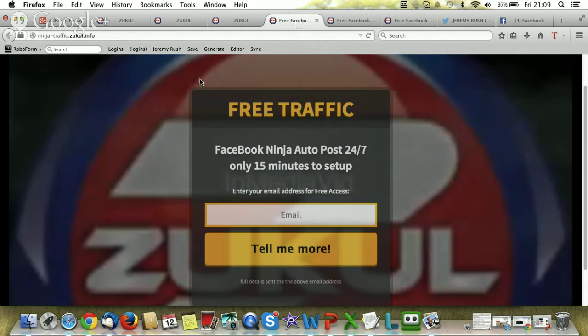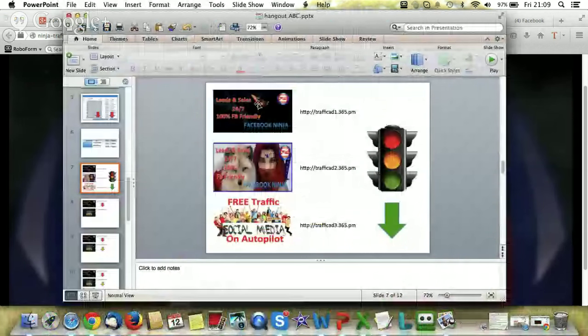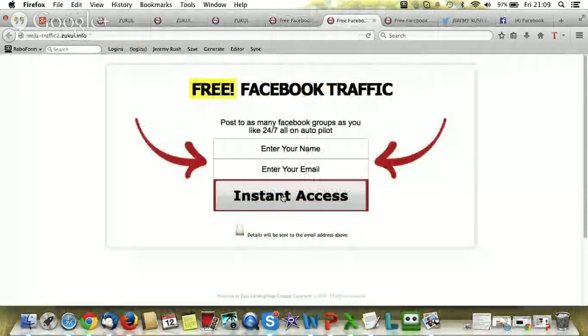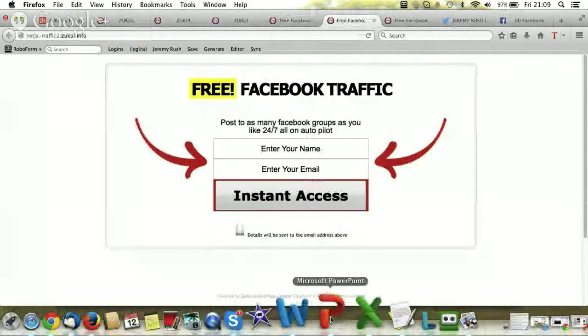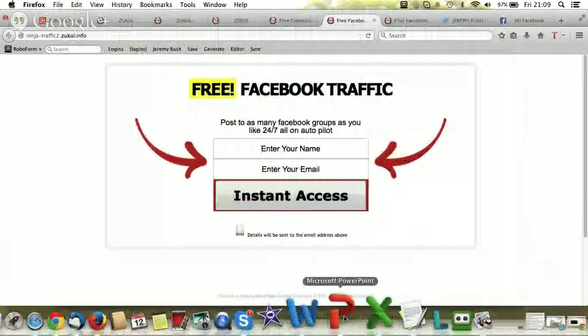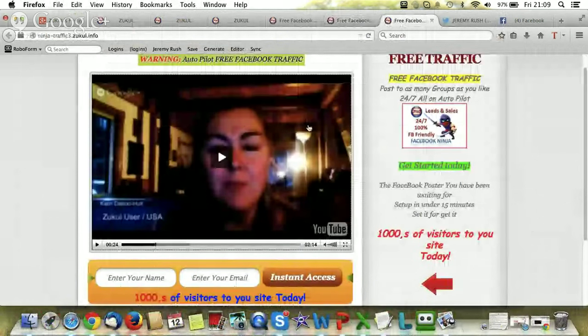Now this is capture page 1. I've paused it. It's got a video in the background. So this page here is linked to this black image at the top here. And then when we come over to this page here, I'm trying this page, and this page is linked to this image, okay? And then finally, we come to page 3, and this one has got a testimonial video on,